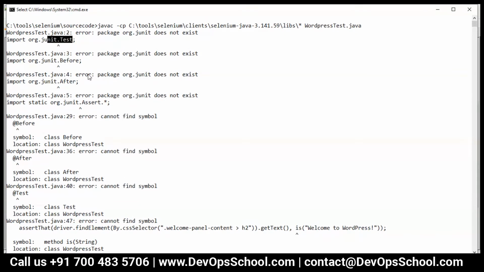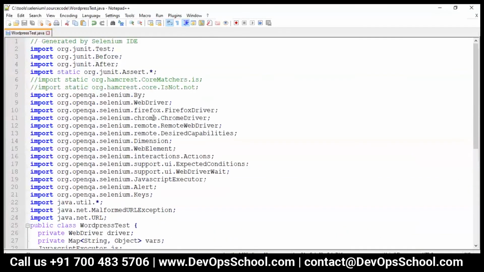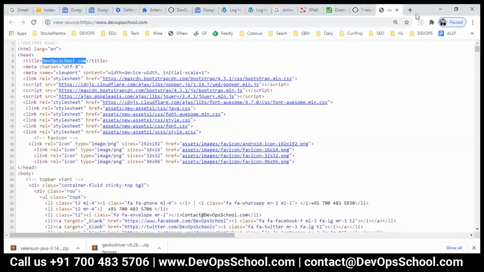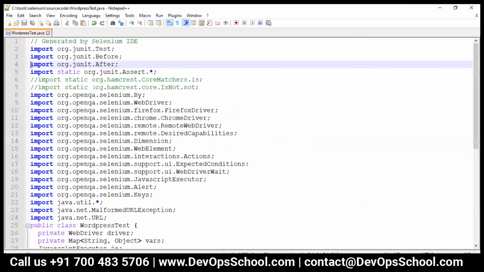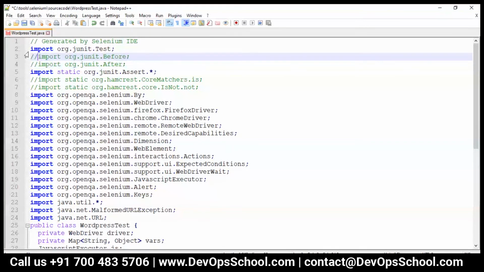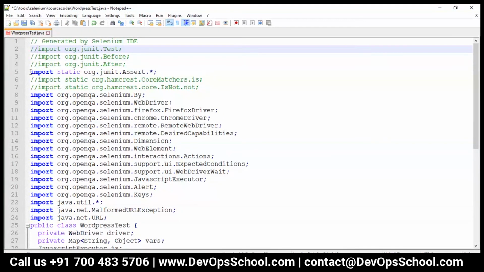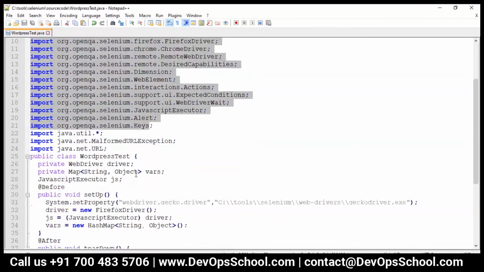JUnit. This should be there, no? JUnit should be there. Download JUnit. Okay, let me comment this one also. Okay, so this is Selenium.